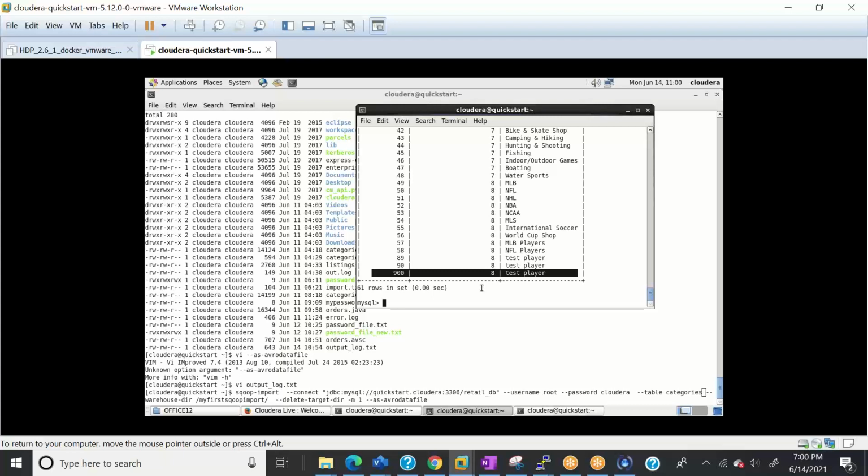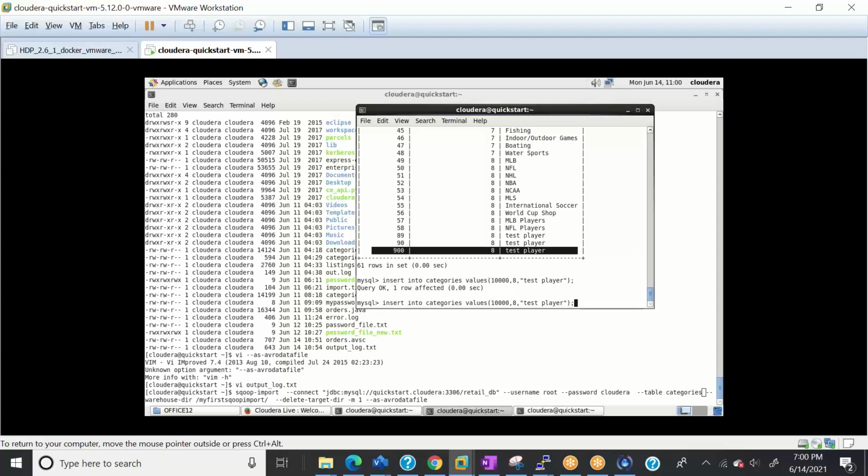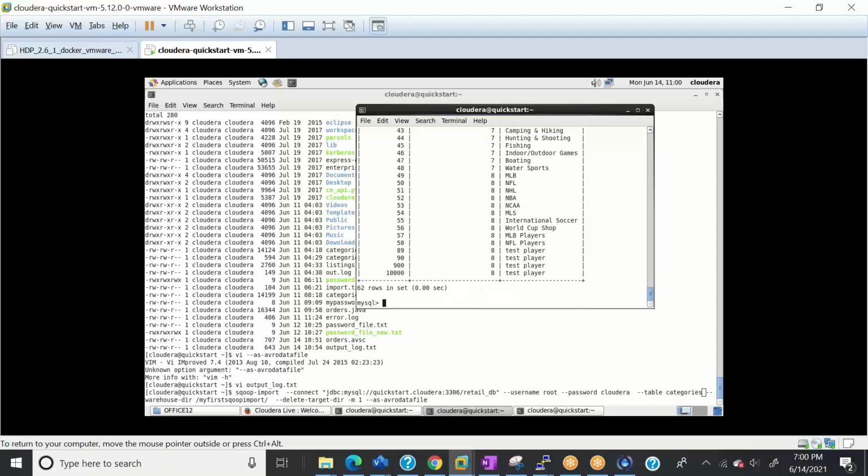So in this scenario, 900 divided by 4 will be around 225, right? So for the last mapper, let's do one more thing. We'll put 10,000 here, just an outlier. So now I put one major outlier here, and we have 62 rows.